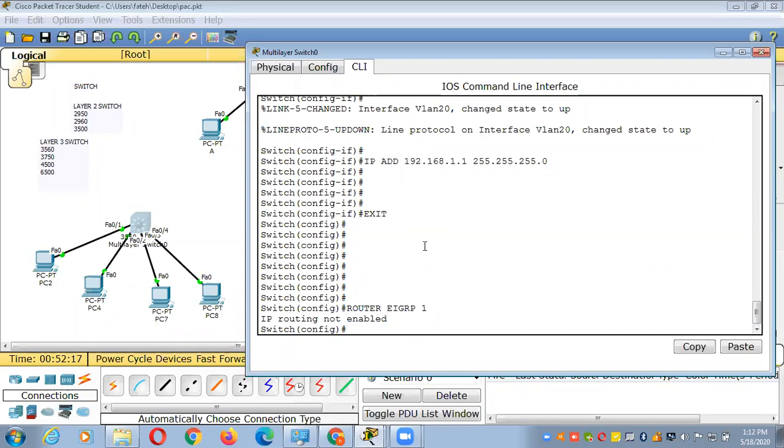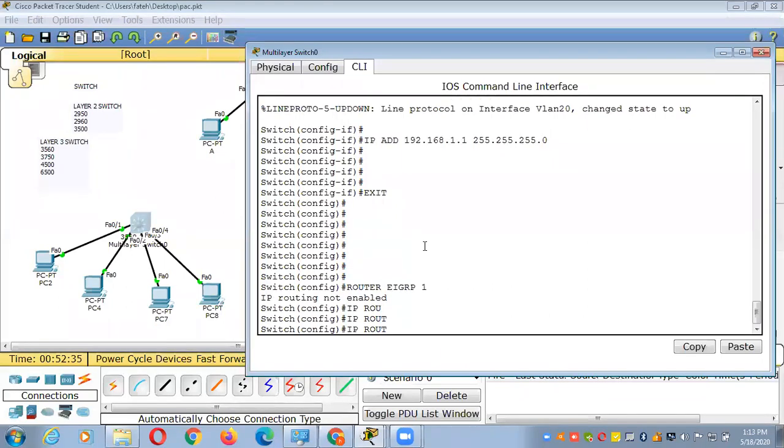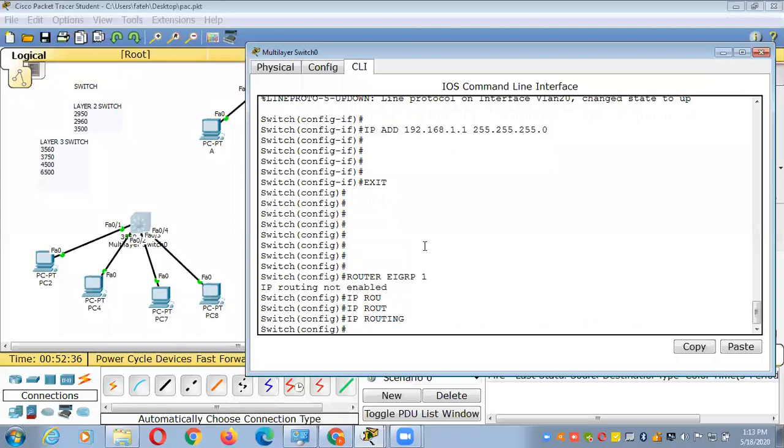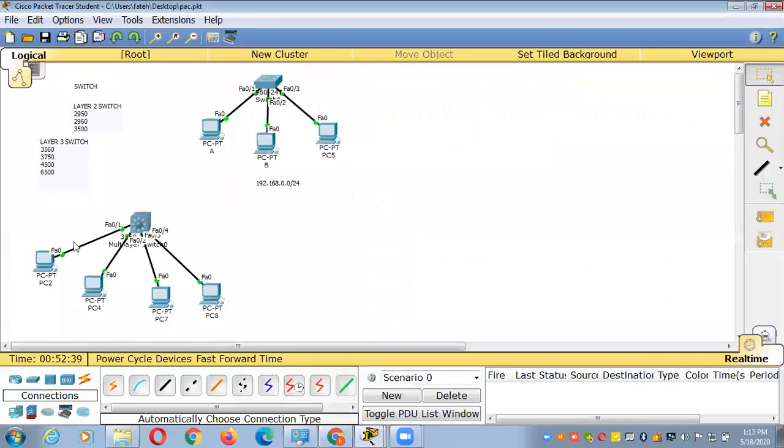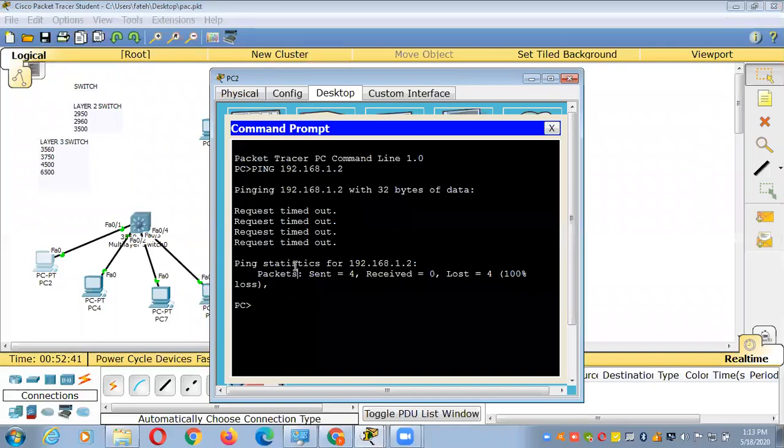When you're trying to enable EIGRP, the answer will be IP routing is not enabled. You have not enabled the IP routing service here. If you enable IP routing here, then only these two VLANs can communicate with each other. So now I'm going to enable IP routing here. IP routing. So if you enable IP routing here, then you will check here.